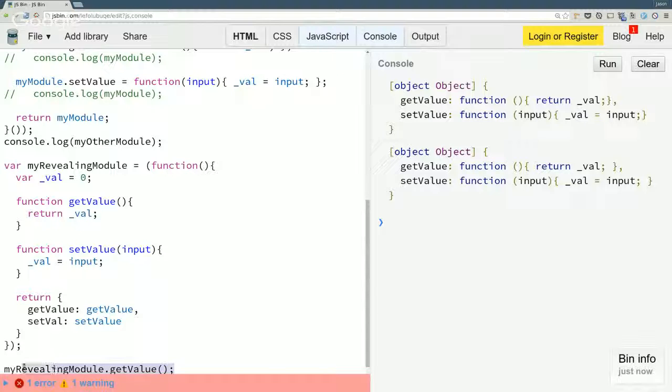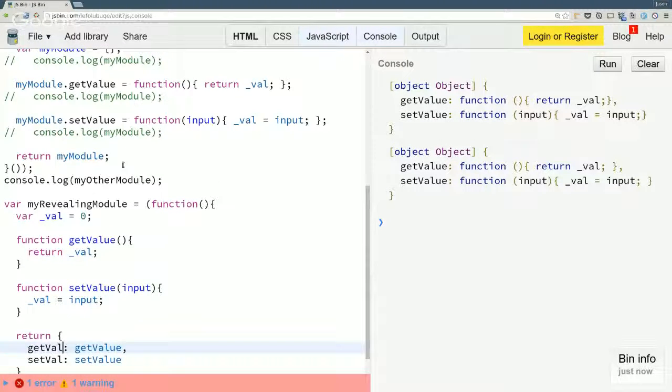Okay. This was the style that protects the function moving forward. Yeah, so these are just pointers to these internal functions.